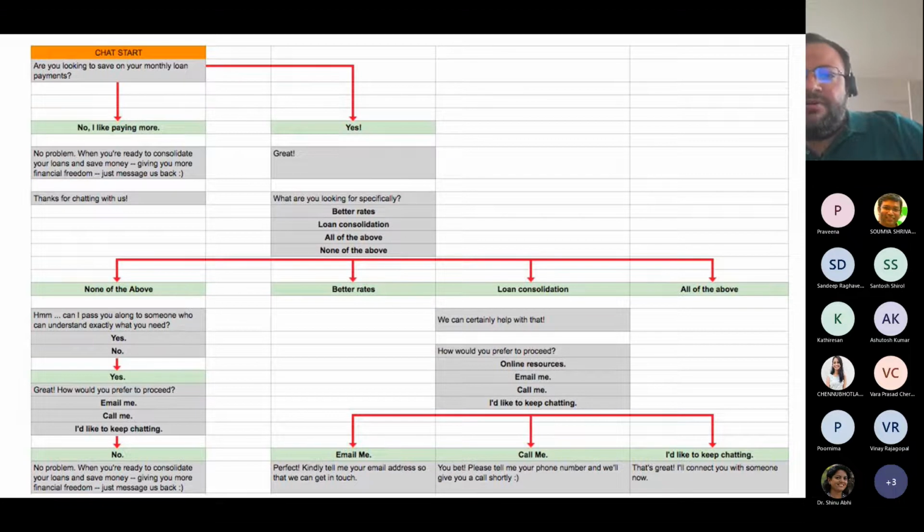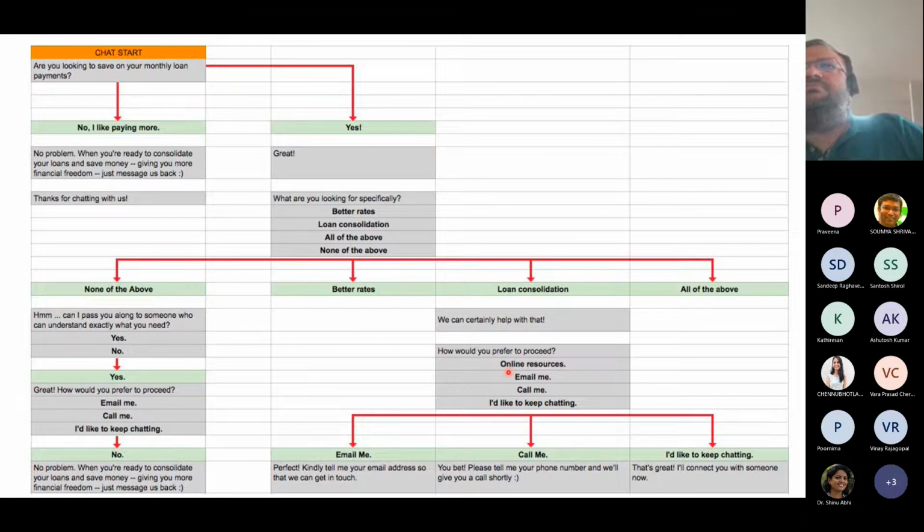So as a designer, if you're designing this, once you reach this path, again, let me highlight with the laser. Once you reach here, and if you email someone here, the email should have a context saying what do you want to do regarding monthly loan payments, because this is none of the above, right? Now for a loan consolidation, if you reach here, the email should start with something like, thank you for approaching us for a loan consolidation, here are the options.